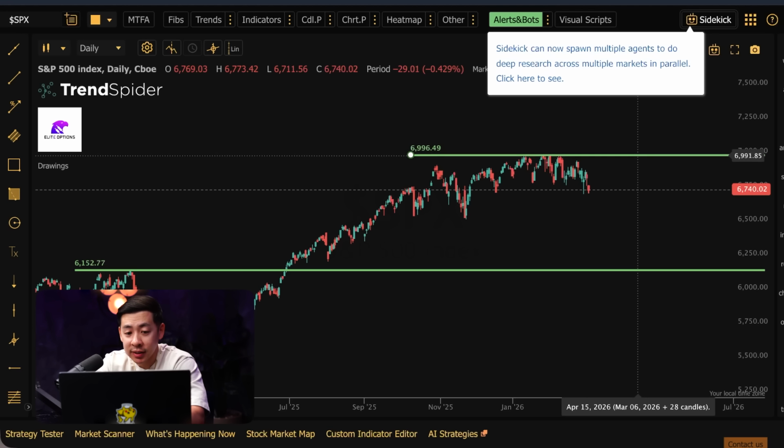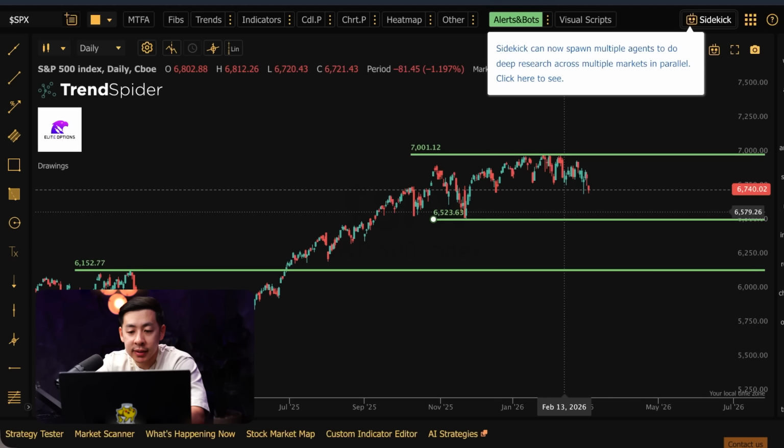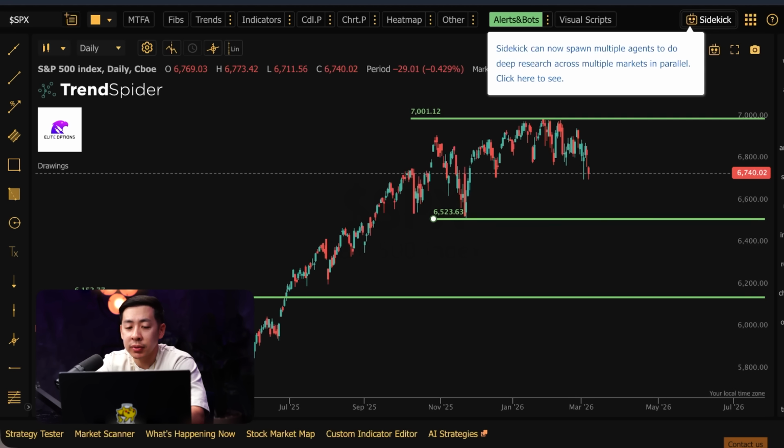From there, you zoom closer to where we're at in current times. Where's the current high? It's right near 7,000, where the market topped out. And we're at 6740 now. Where's the next important support level, the major one? It's going to be around 6520. This is the line in the sand for the bulls for 2026.